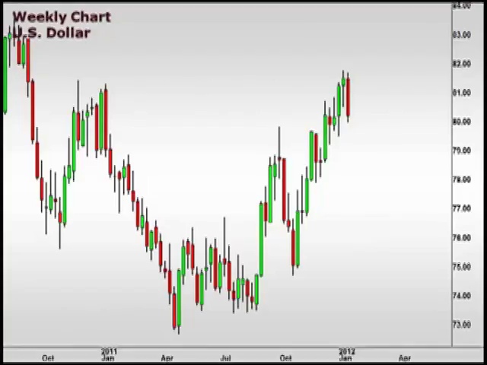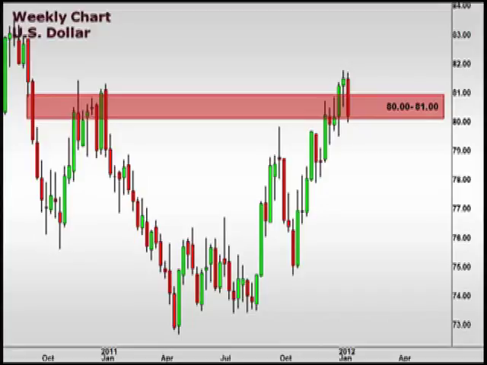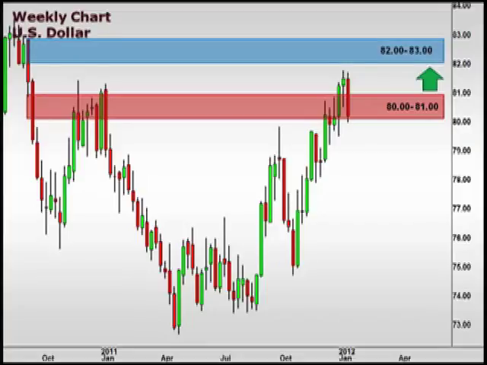Let's start off with a look at the weekly chart of the US dollar index. This is a great way to gain perspective as to how the US dollar has been trading against a basket of currencies. Well, the dollar index ended last week with a test of the 80 support level. Now, failure to hold this level opens the window for further US dollar weakness. A reversal off of these levels should trigger a continuation higher, with the next overhead resistance sitting within this 82-83